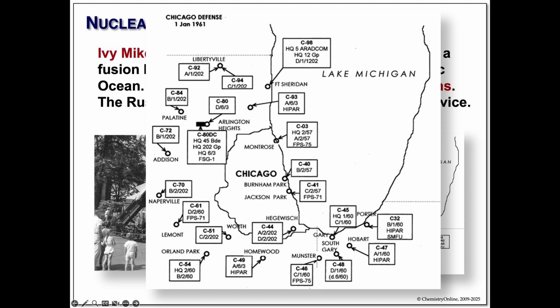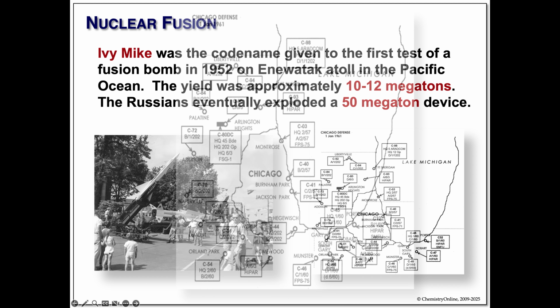These missiles, the Nike missiles, each contained one of the small kiloton atomic bombs. The idea was the Russians were going to send their big bomb over here to Chicago somewhere. Don't quite know where it would land. As it was coming over the lake, we would start shooting these guys, hoping to get close enough to mess it up. Wasn't a great strategy, nonetheless.